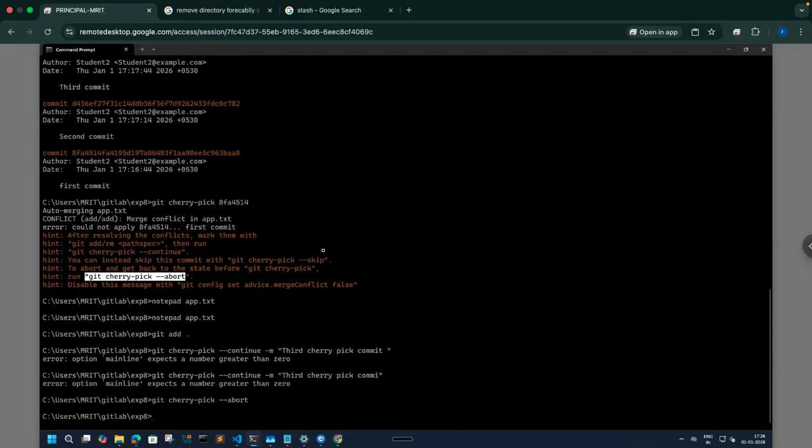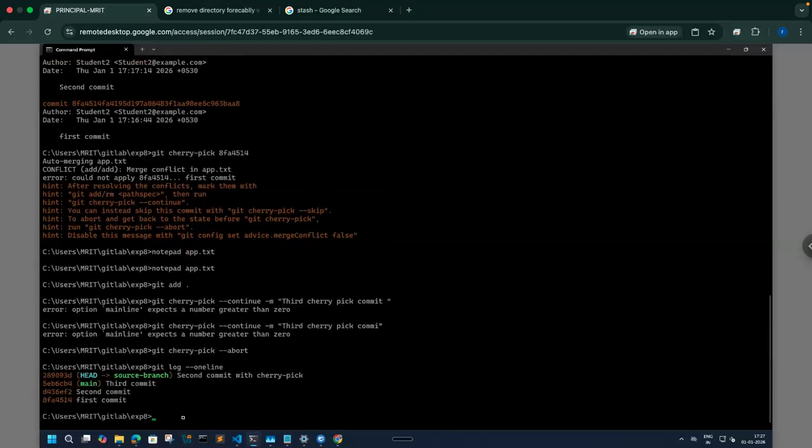So the merge conflict is there. You have resolved it, but you don't want the change to happen. So you want to skip that change, maybe choose another commit in order to do it. So we are using cherry-pick abort. Now cherry pick can also run on a range of commits. If I say git log --oneline, you can see multiple commits over here. So I can choose to say git cherry-pick, and I can choose a range of commits starting from this commit,